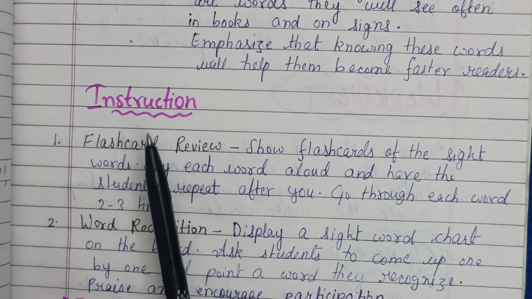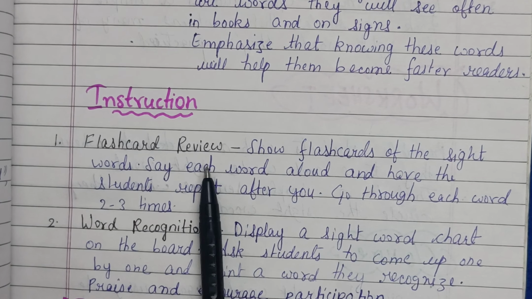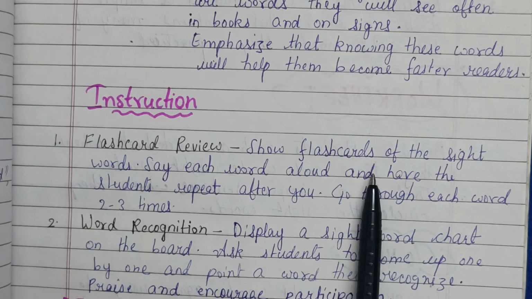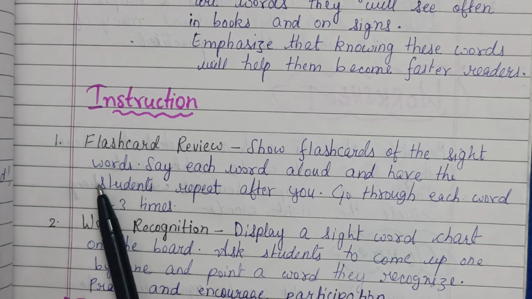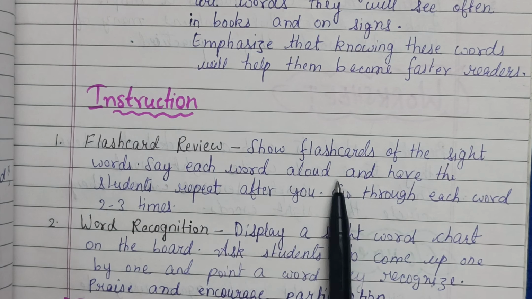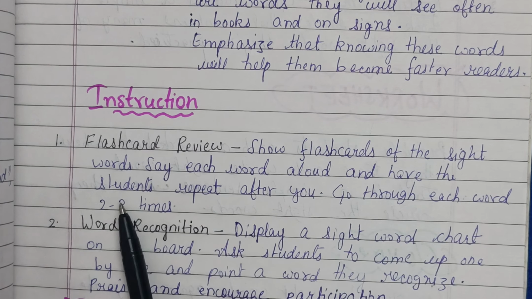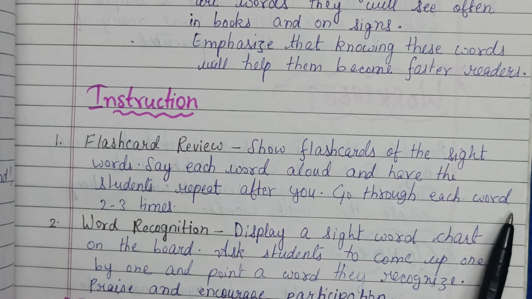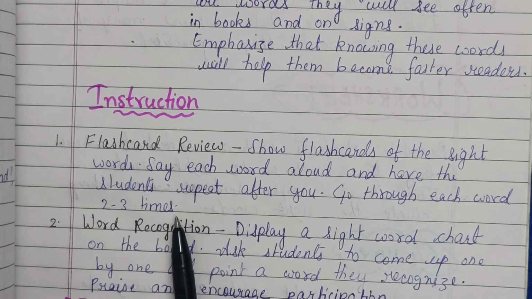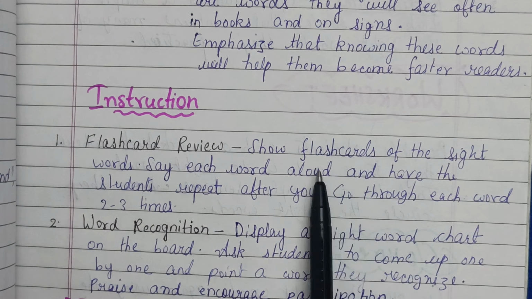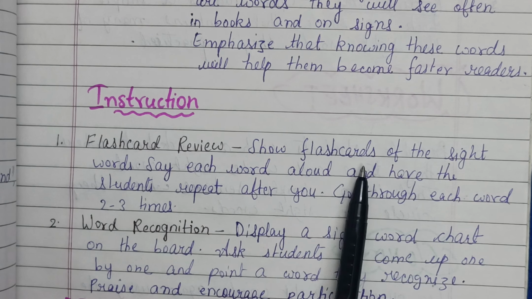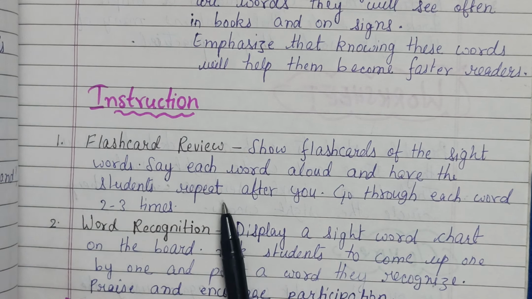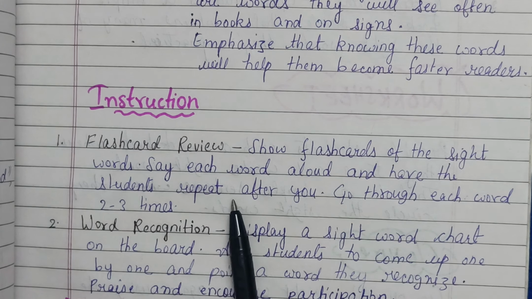Now for instructions, flashcard review. So you can show flashcards of the sight words, say each word aloud, and have the students repeat after you. Go through each word 2-3 times. So one by one, show flashcard of the sight words and say each word aloud and ask students to repeat